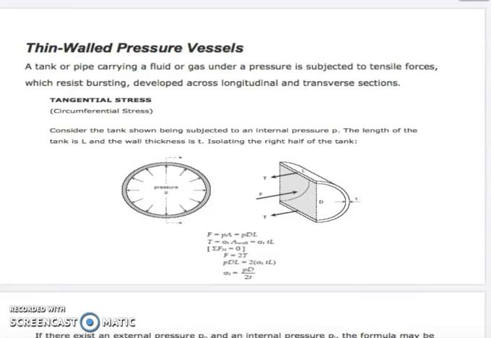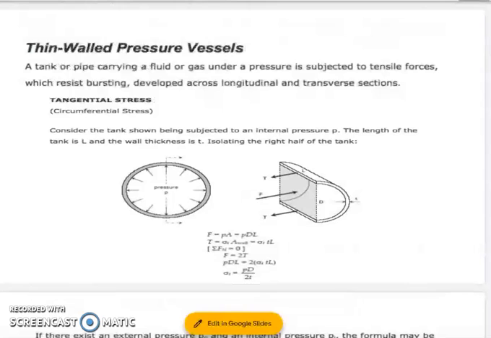So based on our illustration, if we have the summation of forces equal to 0, we can have F is equal to 2 times T. If we substitute the value for F, which is pressure P times D times L, equal to T, which is stress multiplied by